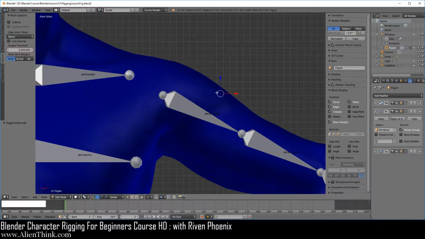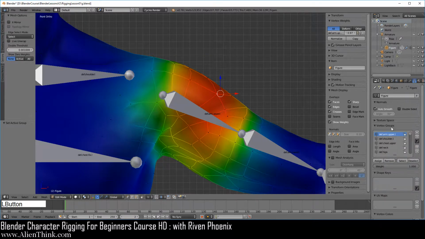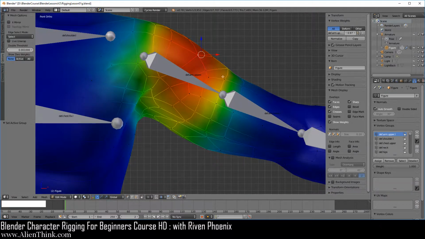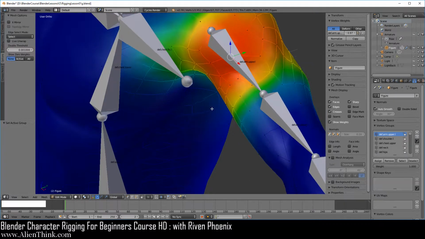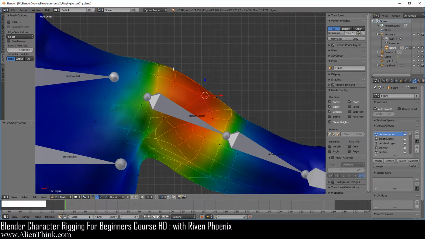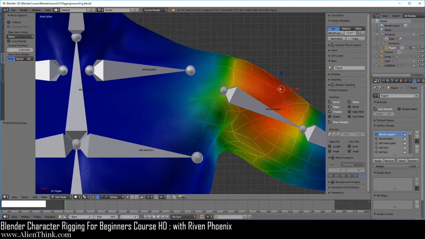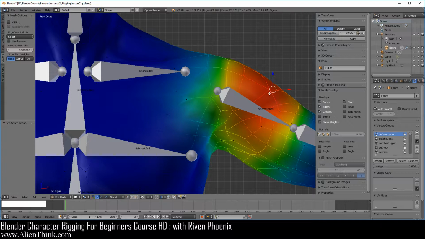Okay, so now when we have this vertex selected and we click over here, you're going to see that when it switches over here to this vertex group, we can actually see how the automatic weighting system is applying these weights, these vertex groups with these weight values, to the surrounding vertices, right? So it's based on the location of this bone. The bone is shooting out rays, and whenever these rays hit these vertices, they will automatically get this vertex group. Now notice how it tapers off, right? This is a value, if you come over here, it's getting close to a value of 1, which is why it's showing up red.